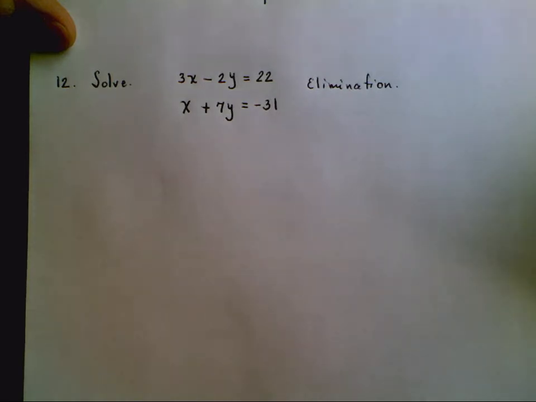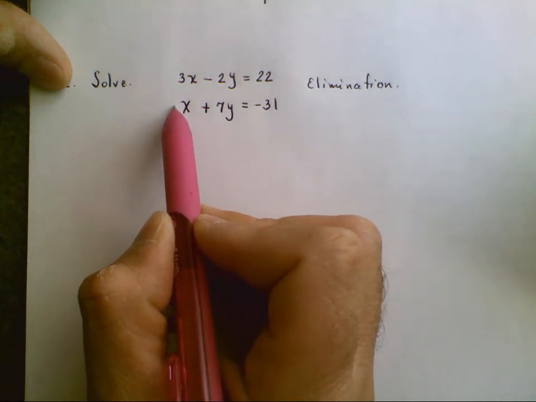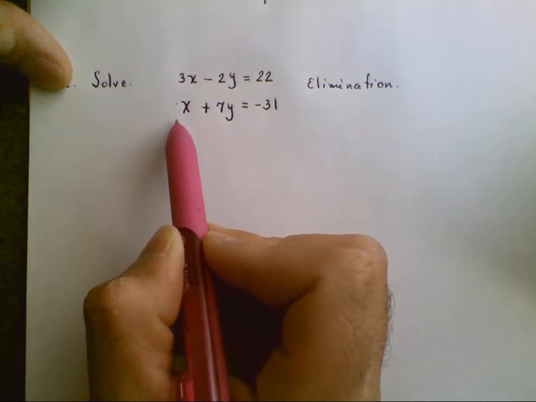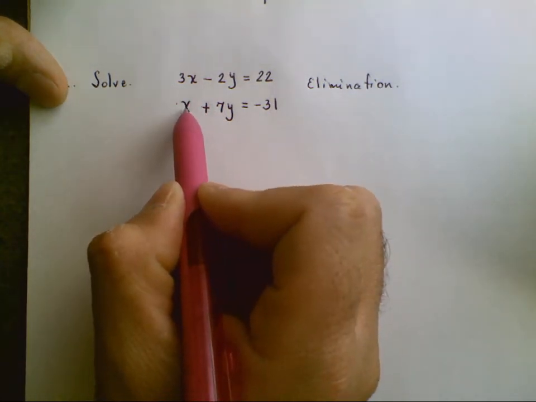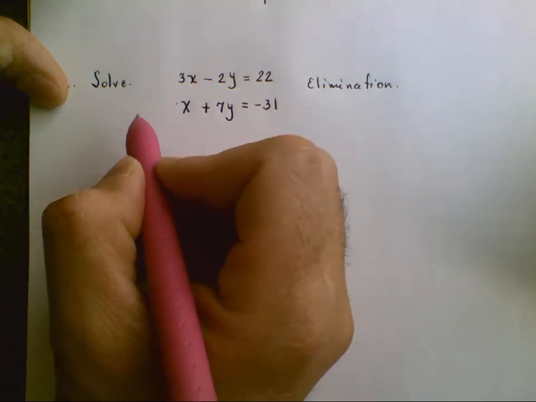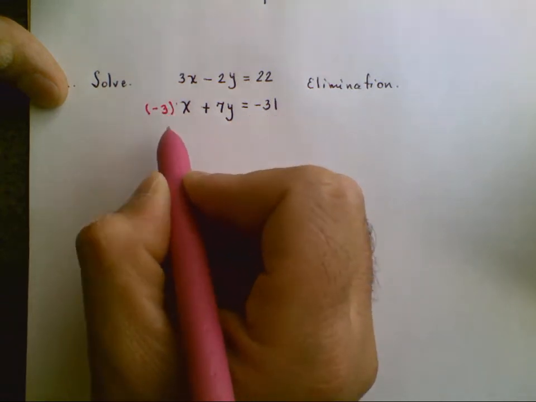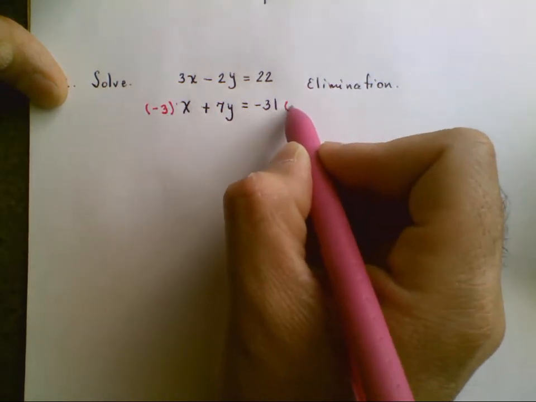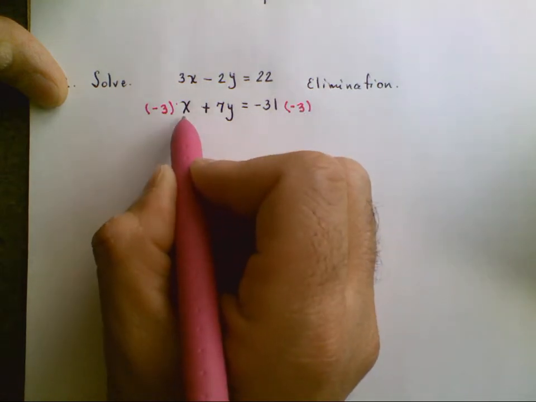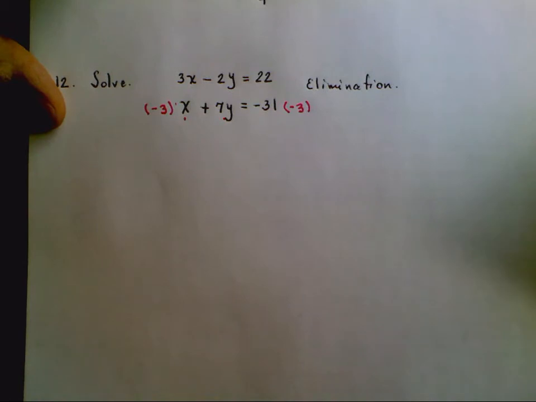To solve by elimination, I need to find one of the coefficients to be equal to 1. In this case, in the second equation, variable x, I have x alone, so I can multiply the second equation by negative 3, both sides of the equation, and we're going to multiply every single term of this equation. So in this case, what I'm going to have